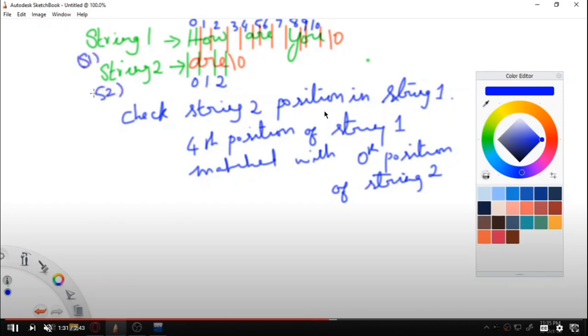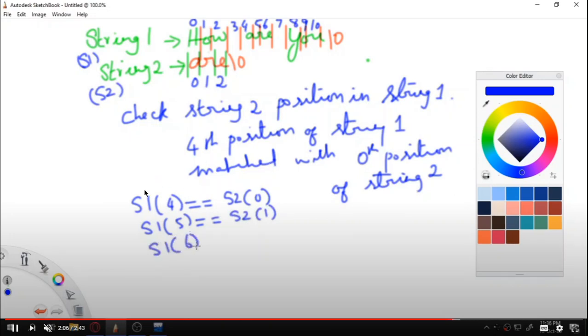That is what I explained here. This is the indexing part, and this \0 is the end of the string, called the null character. When you write any string and press enter, the system automatically attaches the null character at the end of the string, which indicates the end of the string. So string 2 is checked against string 1 until the end of string 2 is reached, that is, until the substring is over.